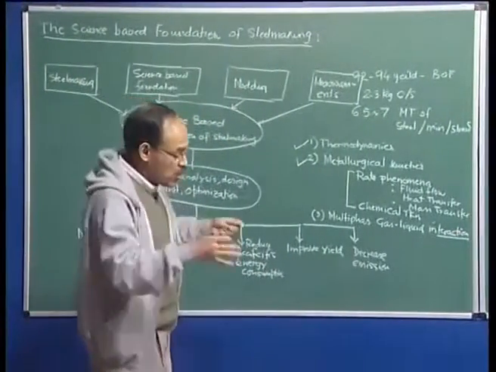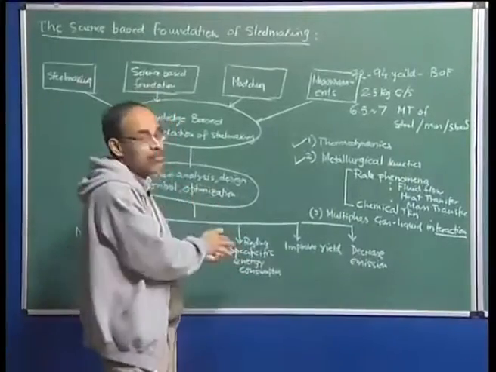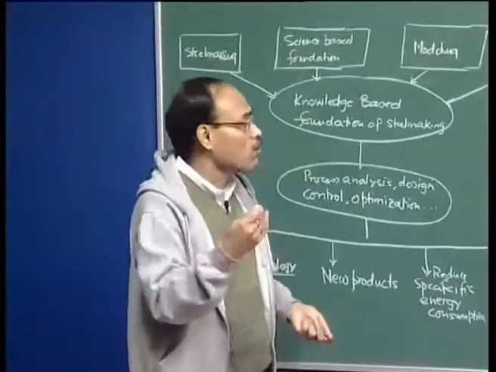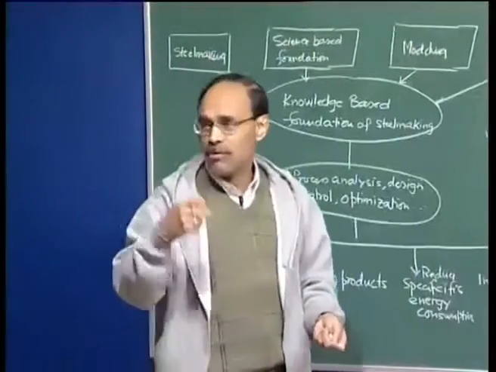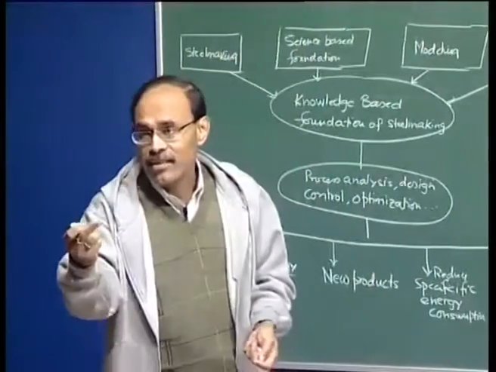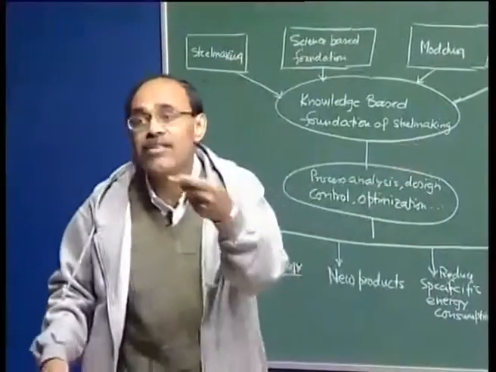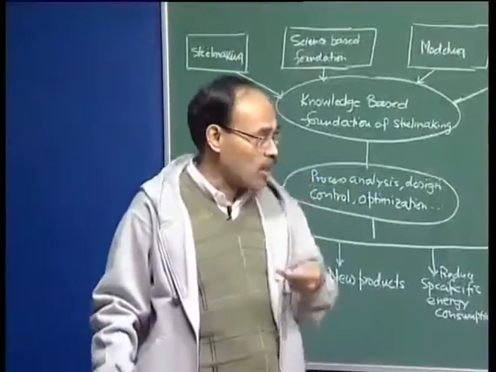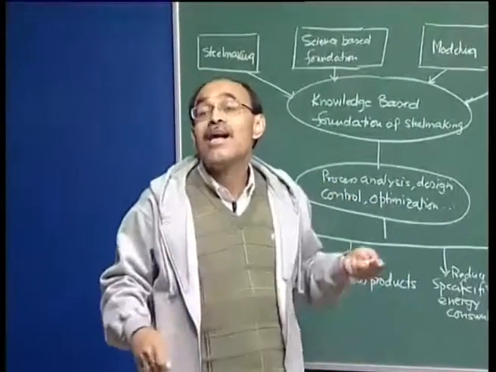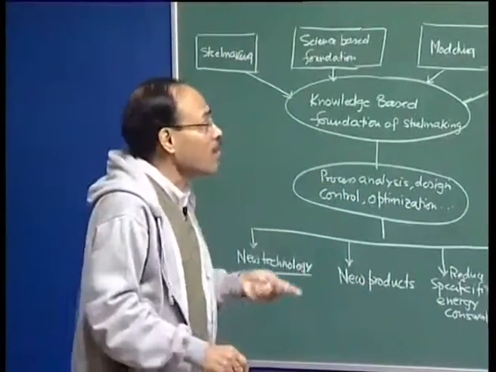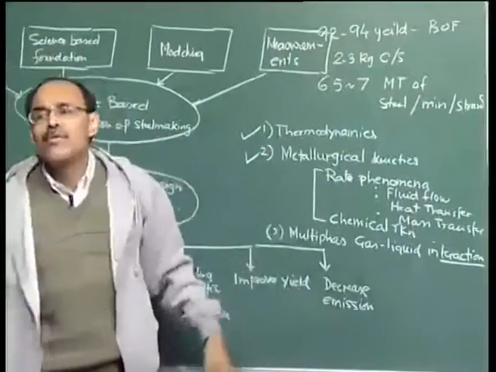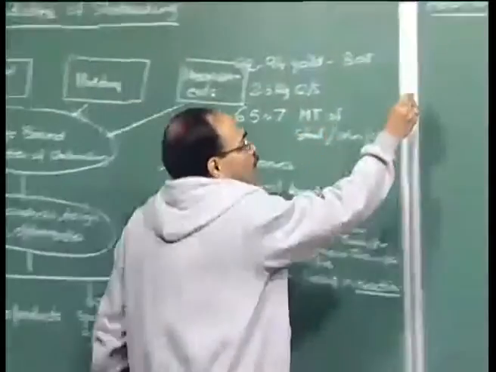When the process is occurring spontaneously in one direction from left to right, for example carbon and oxygen reacting to form carbon monoxide, there comes the question of rate. If the reaction is proceeding in one direction, moving towards equilibrium but not yet at equilibrium, then the question is at what rate it is happening. I have quoted 2 to 3 kg of carbon per second, that is the rate of carbon elimination. That means if you are talking of the carbon oxygen reaction,